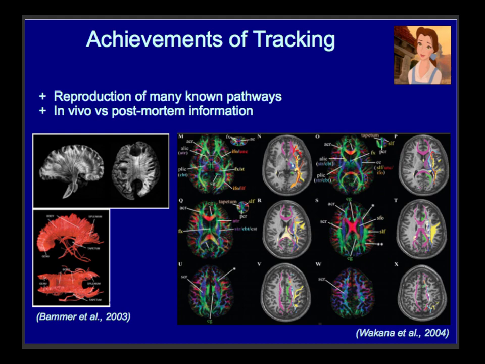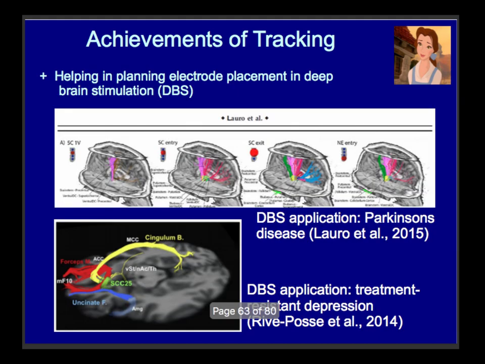So if I want to compare your brain and your brain and your brain, and I want to take a look at small regions and compare those, how else can you do it besides this? There really isn't a good alternative, and there are a lot of major pathways that are reproducible. And from a surgical point of view, people actually do use this for helping to give more information for planting